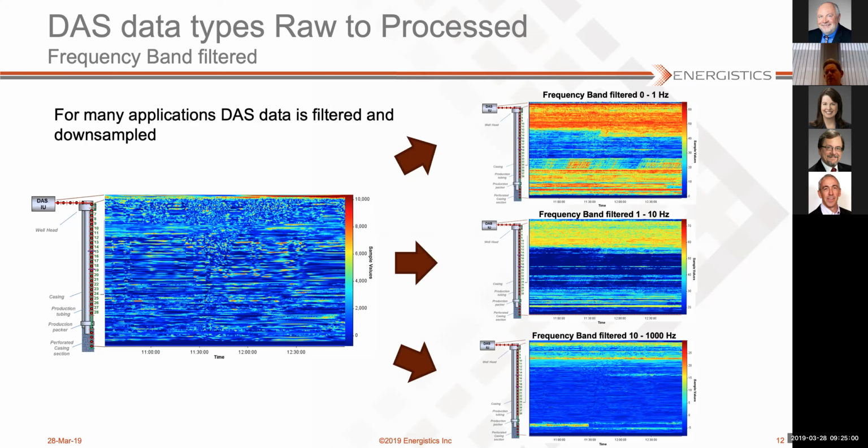Typical examples, say for seismic, you would be interested in, say, 0 to 200 hertz. For microseismic, probably a little bit higher frequency, say from 0 to 500 hertz. For monitoring a gas lift valve, we often see frequencies in the higher part of the spectrum, so maybe you would use some frequency bands above 1000 hertz. And say for flow phenomena in a well, you would often use the lower frequency. So that's why frequency band filtering is important.